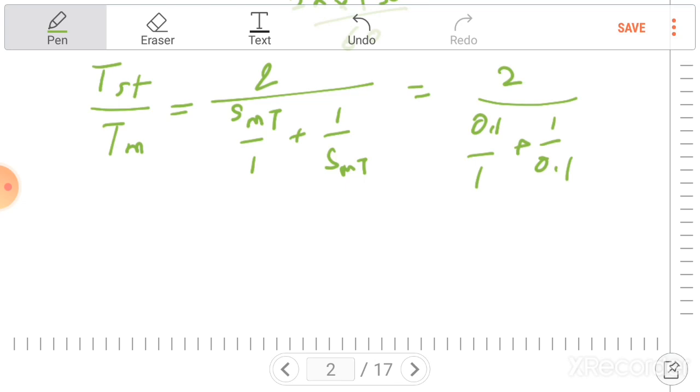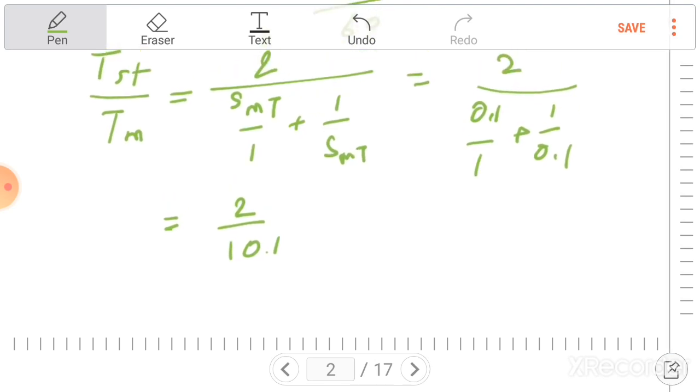Slip is 10%, and for starting it is 1. So it is equal to 2 divided by 10.1, and from here